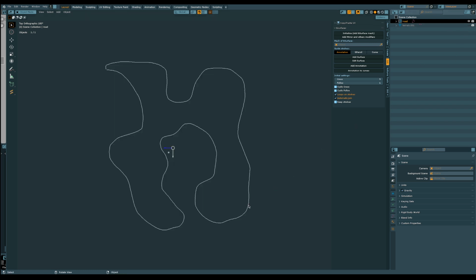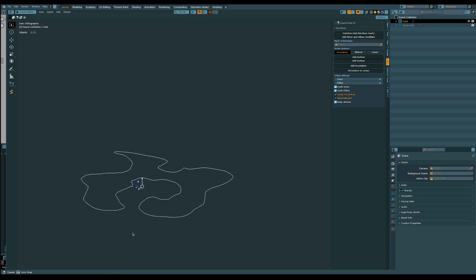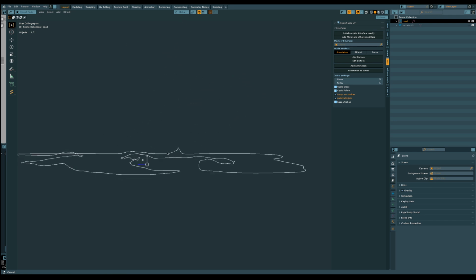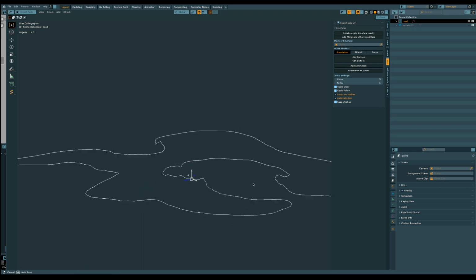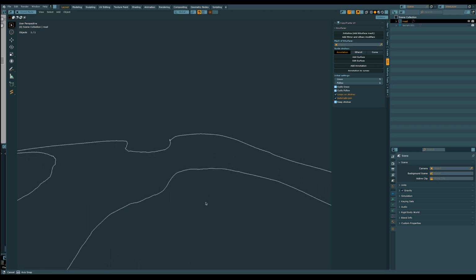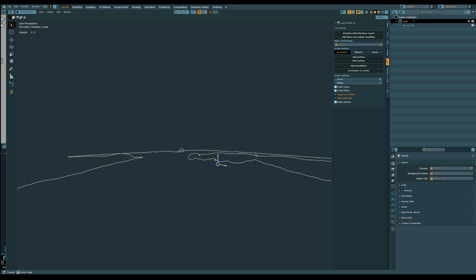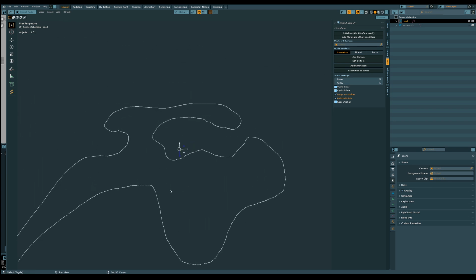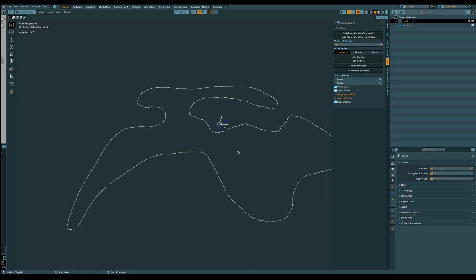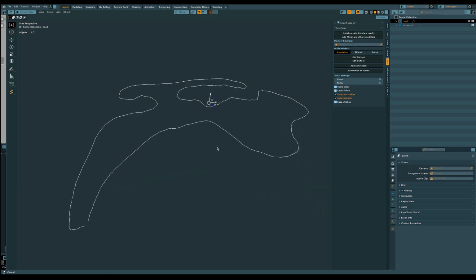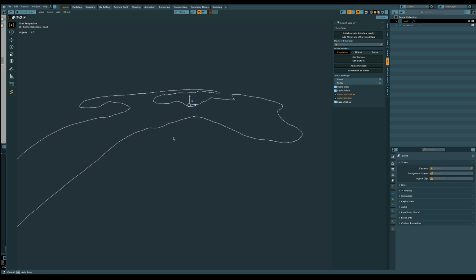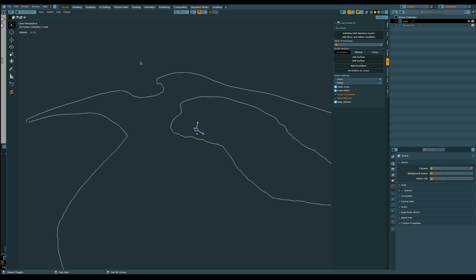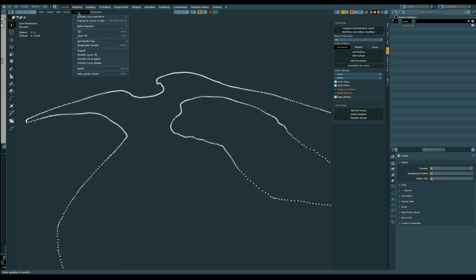Hold shift and click the eye, and if you look at what you've done in 3D dimension, you will see that your drawing of the road has actually followed the curvature of the terrain. All right, let's extrude this and turn it into some sort of tunnel to have a better visual indication of what's going on. But before we do that, enter edit mode, go to control points and select smooth,